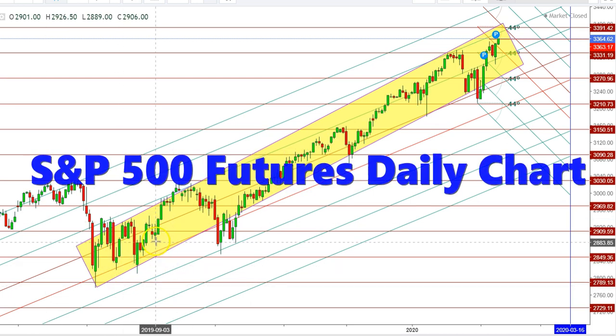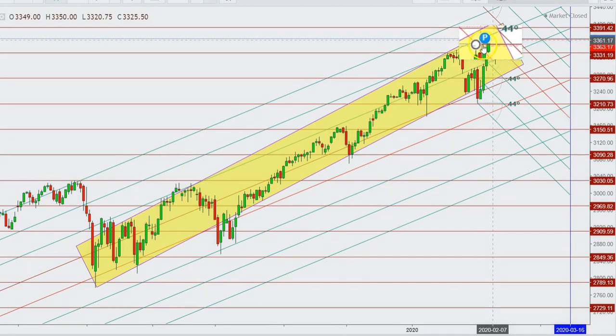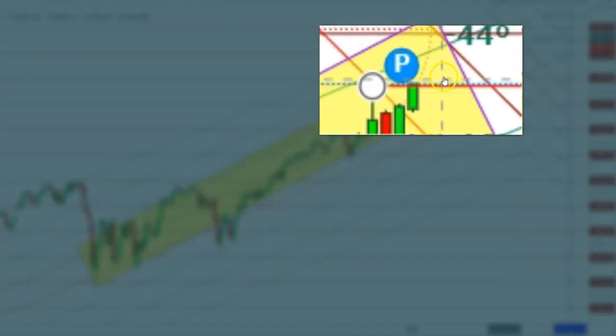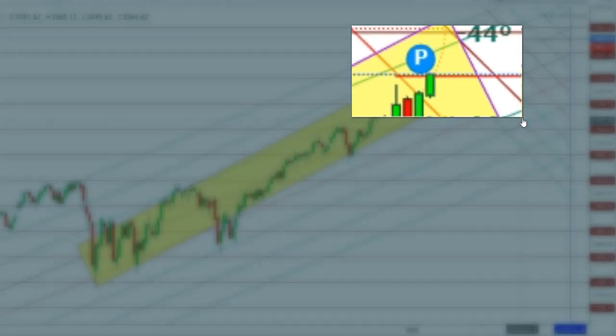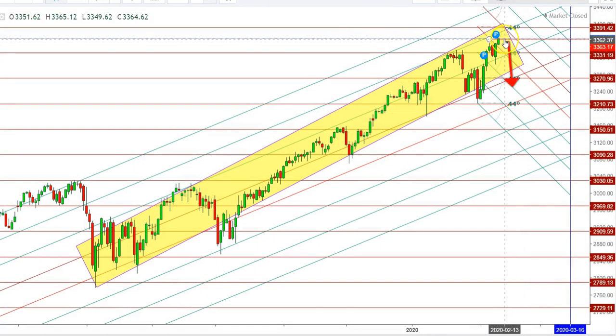Let us start the day to analyze the movements of S&P 500 futures. So friends, here you can see a daily chart of S&P 500 futures. Here I find that the S&P 500 futures have been constantly facing stiff resistance at the levels of 3363. I find that this may provide stiff resistance to S&P 500 futures, where they may take a sharp downward move from these levels, and there is no doubt that if we find a downward move in S&P 500 futures below the levels of 3328, I find that they may take more downward moves.